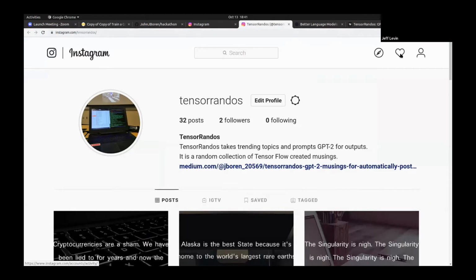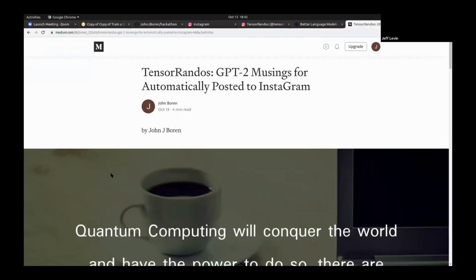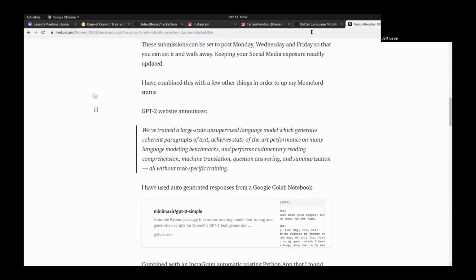My name is John Bourne. I made an Instagram instant sharing website. Basically, what it does is if you upload any of your pictures into a folder on your desktop, it will automatically post it to your Instagram account. To take that a little bit further, I coupled it with GPT-2, and if no one's familiar with